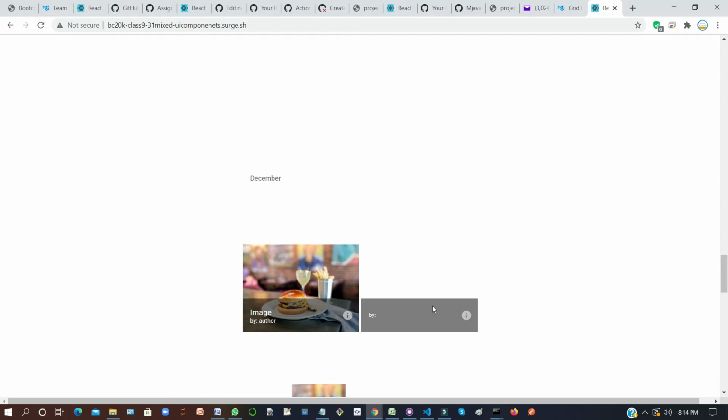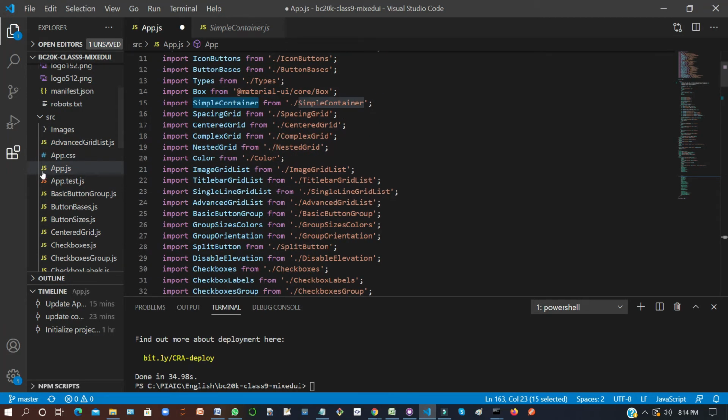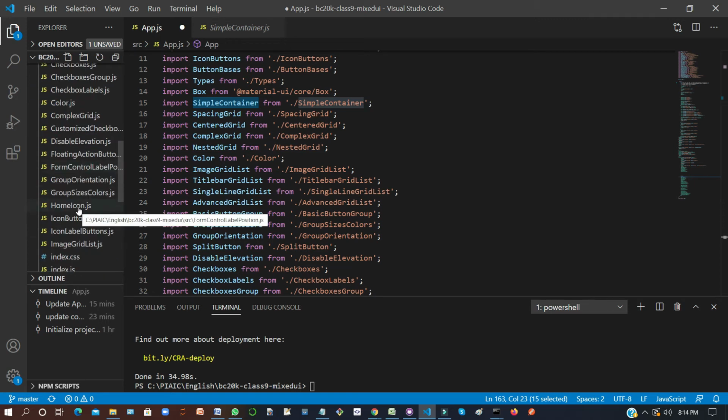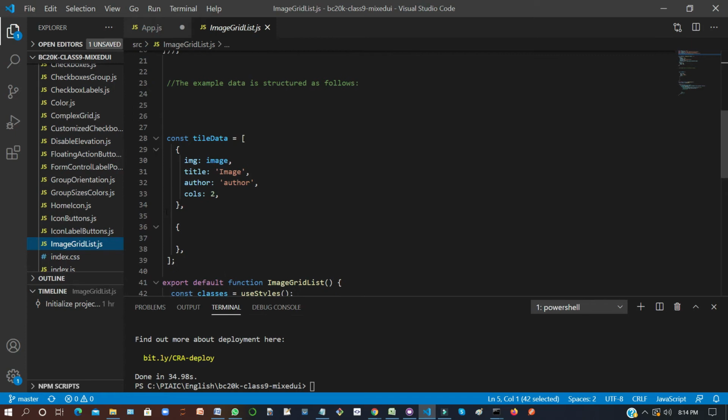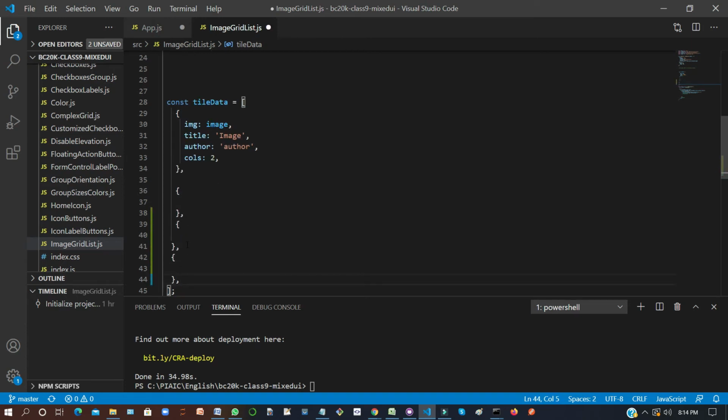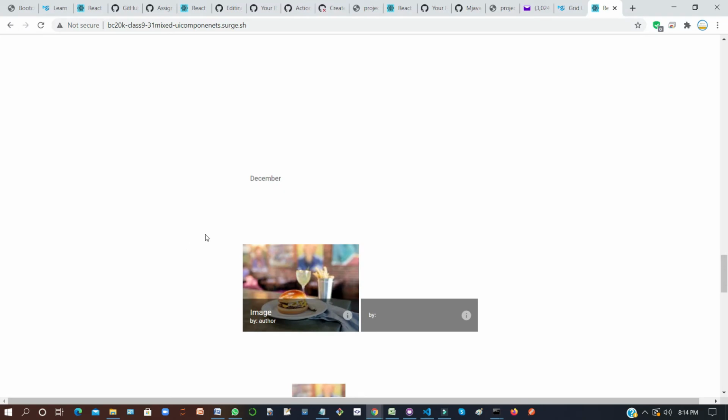If you want to add more, you will go and add here in the image grid list, and here what you will do, you will add another image array, one more, and later on we will add the pictures.